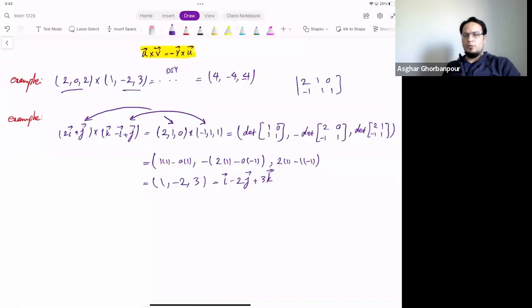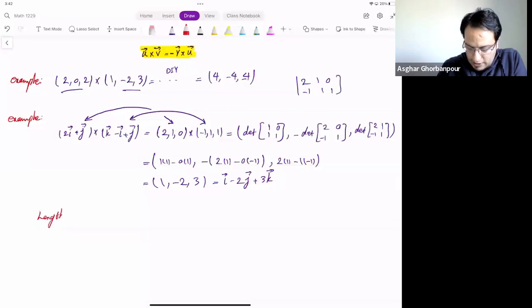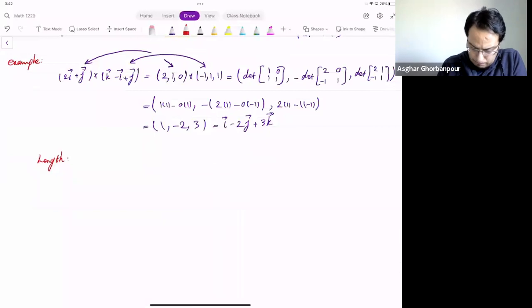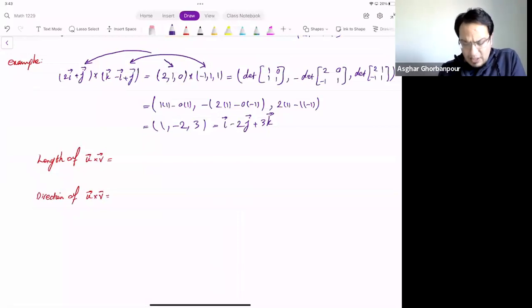Okay, so now we learn how to work with the cross product and compute the cross product. But we want to know what is the length and what is the direction of a cross product. So we want to learn about the more geometric meaning of this cross product. Length of u cross v, and what is the direction of u cross v? These are interesting facts which we will use very soon, both of them. One is the length of the cross product u cross v. It is a vector, so you can find the length. What is this length? This length is actually equal to the